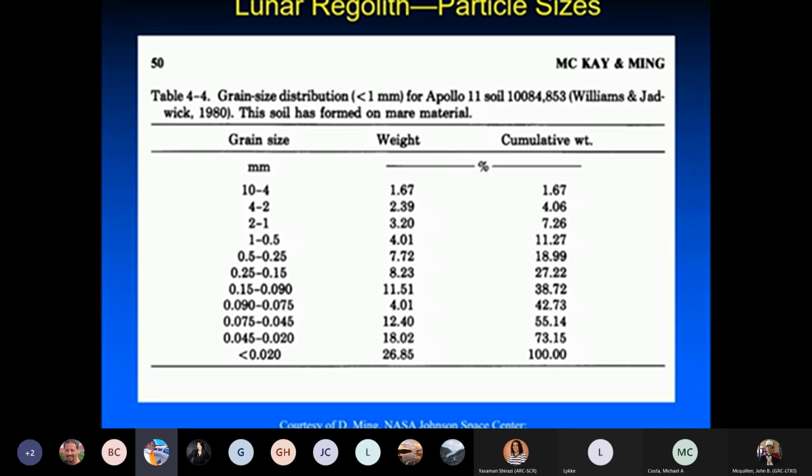This is from a paper by McKay and Ming, and it shows a distribution of particle size. Don't worry about reading it. There's lots of fine particles in the surface regolith, really fine stuff. And so under 1/6 G, when you add water, and here I've done a kind of a diagram of pots under